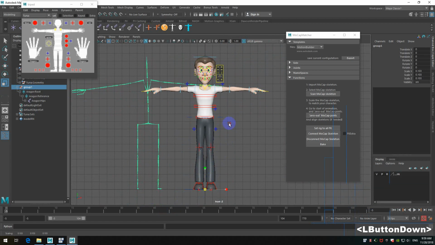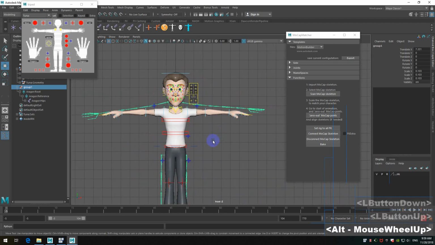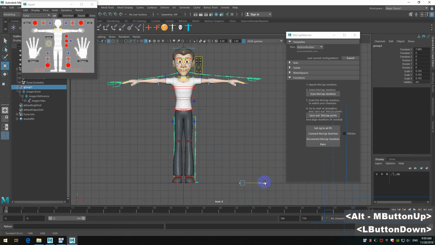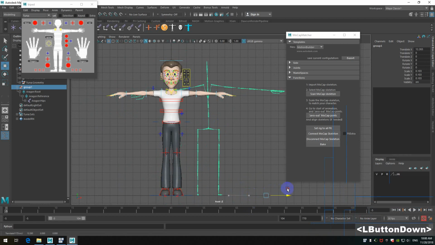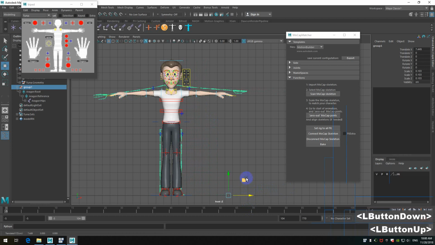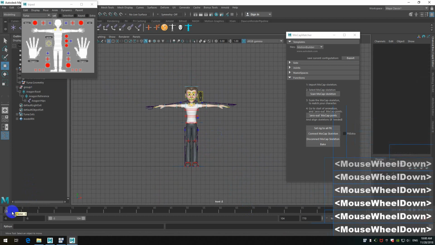So I think that's close enough. Move it a little bit to match the character. I would say let's try it. Let's try this. Okay. So now,